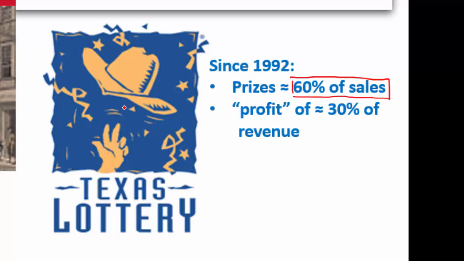But I looked up their financial statements, and I found that their profit, now it's technically a non-profit industry, but what I'm talking about here is their net income, so what we would normally call profit, is about 30% of revenue. That is a fat profit rate. If you've ever been in business yourself, you're drooling right now at the prospect of profits being 30% of revenue. That's huge.